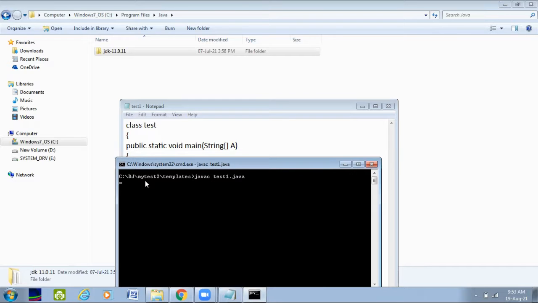Wait for a few moments. It gave us a new interactable line. Here you need to type java and then your class name, test1. We got this hello Java, which means our Java is functioning well and good, and we have just created our first program.